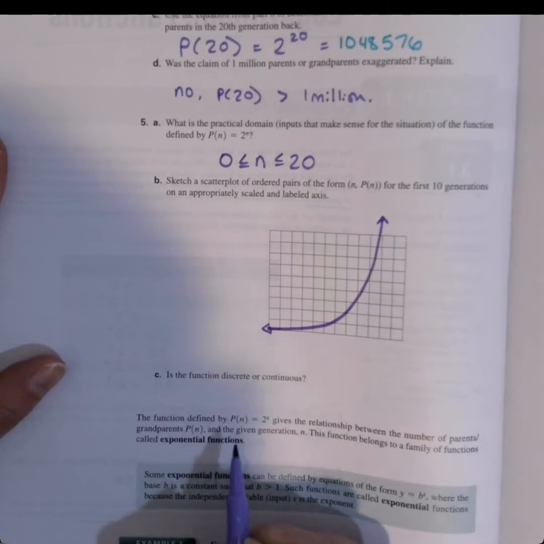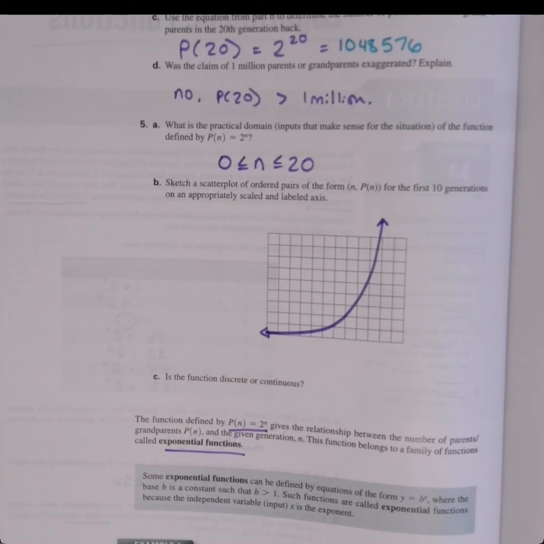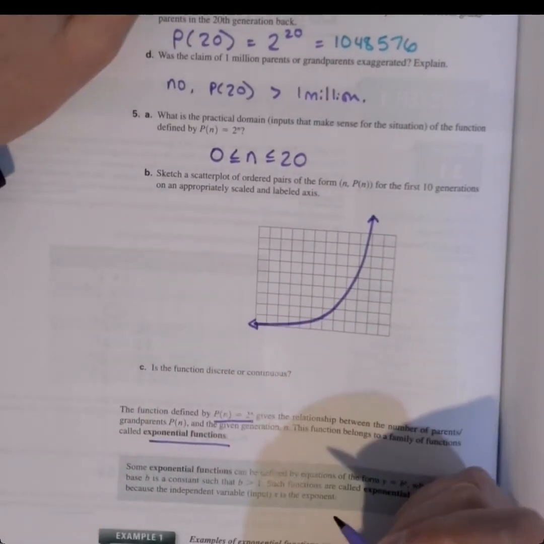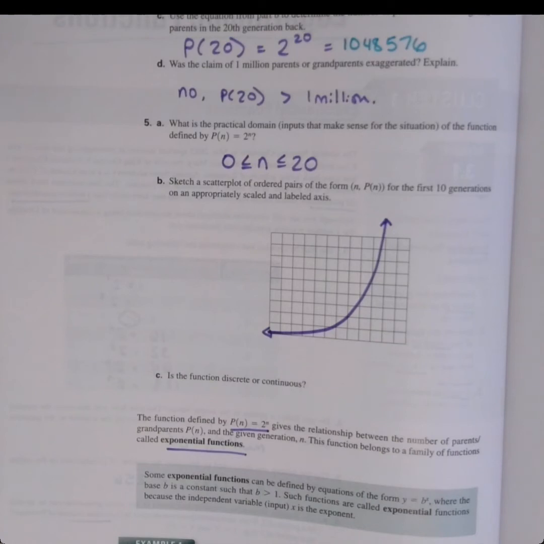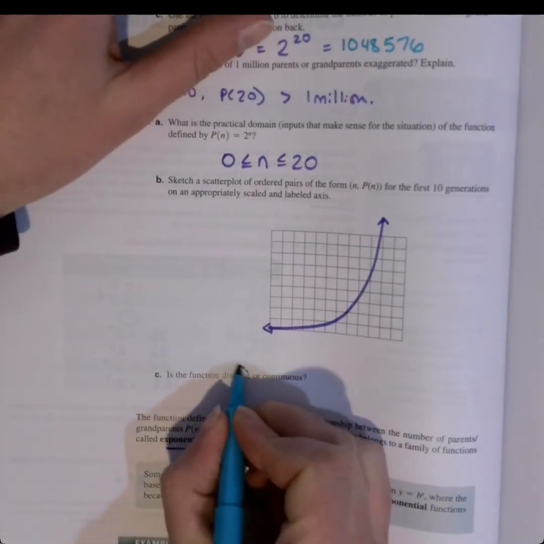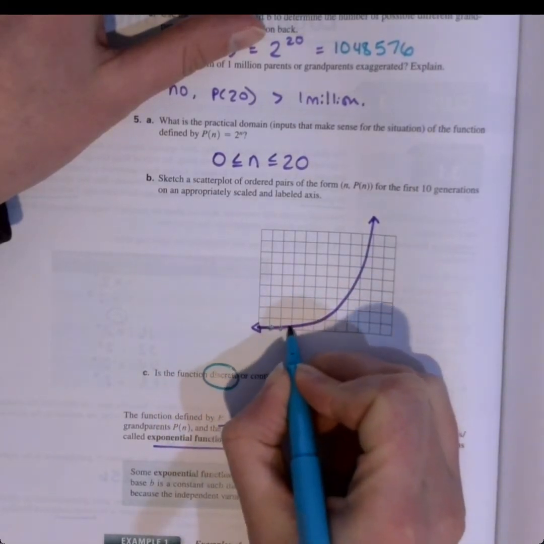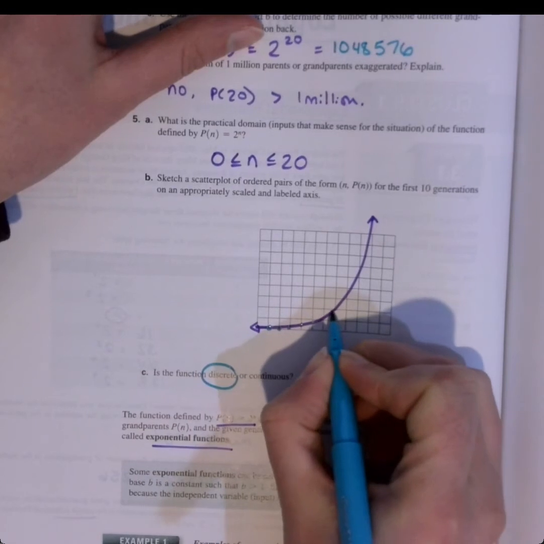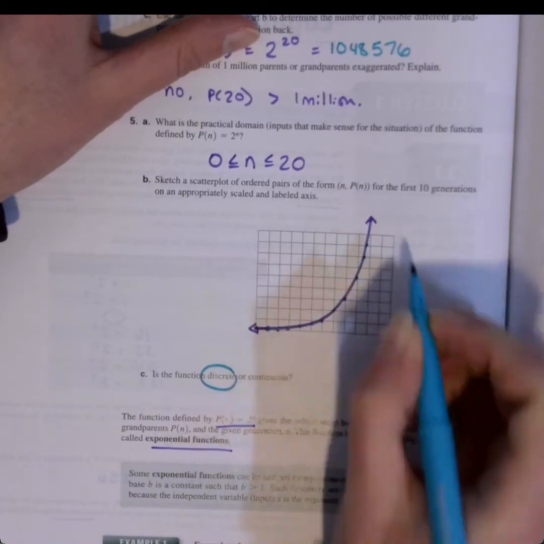All right, so as they were saying, this is our exponential function given by p of n equals 2 to the n. And is this function discrete or continuous? Well, in this particular situation, since it's the number of generations, there can't be a person in your generational line between you and your parents, so it's going to be discrete. Even though we're drawing it continuously, it would really be only the whole number points. It would be only wherever these happen to be. I don't have scale here, but it would only be